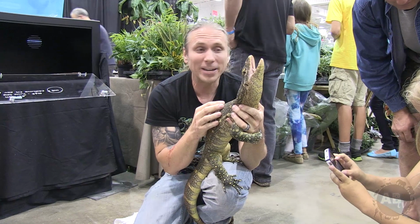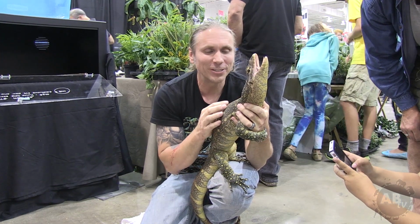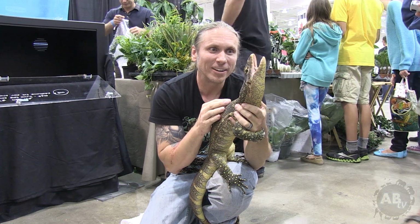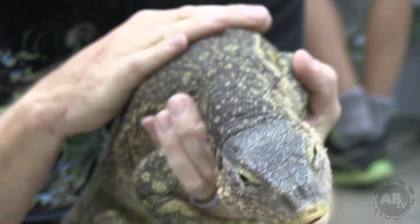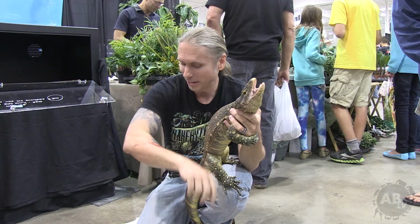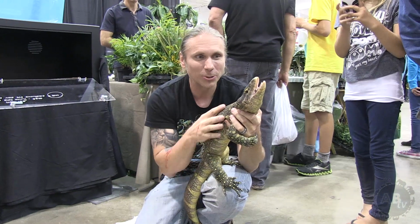Well, I'm trying to make a new little friend here. This is an ornate Nile monitor lizard. His name is Charlie, and you can see he's starting to put up with me handling him a little bit. He's not quite as happy as I'd like him to be. And trust me, he's at that size where if he got a hold of me, it would definitely hurt a little bit. You can see I'm bleeding a little bit from just kind of holding on to him,